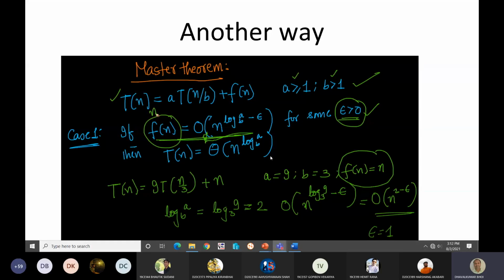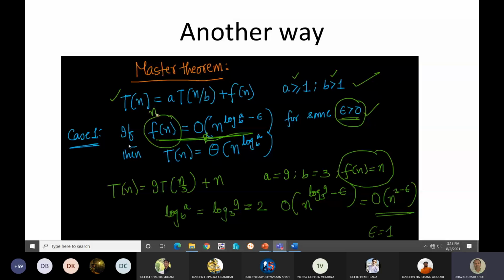But I have referred to some GATE examination videos where they have used a simplified master theorem method, and I have used that particular methodology to find the answer. My method is best, but as per the book, you people don't get confused, both are the same. Whatever is being described in the textbook is one and the same thing. Let me show you.